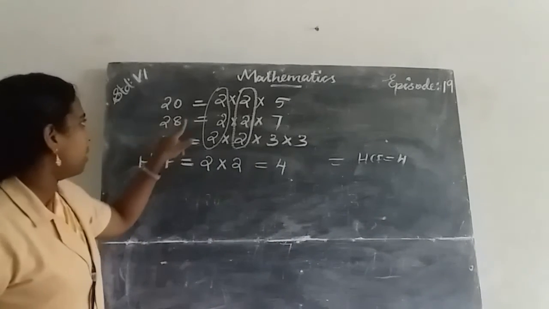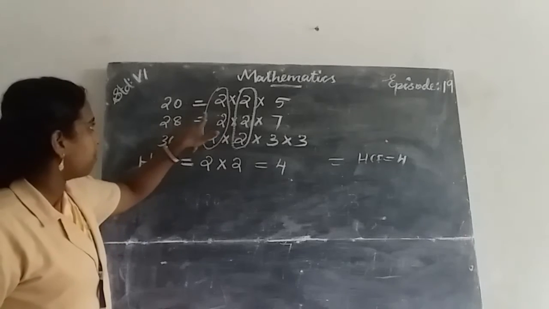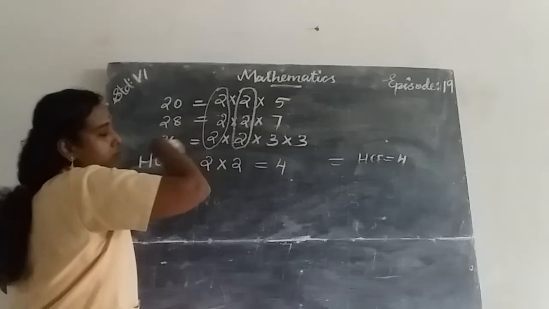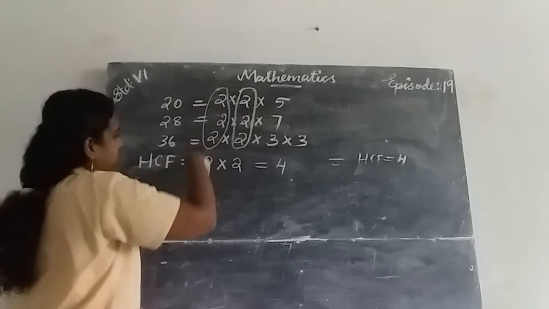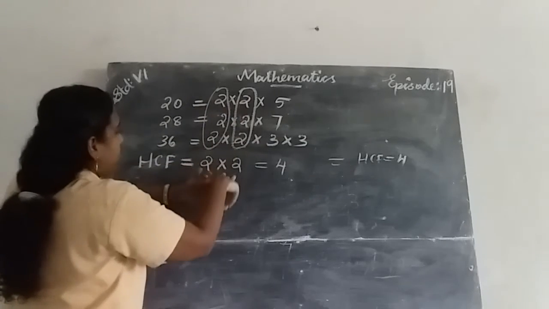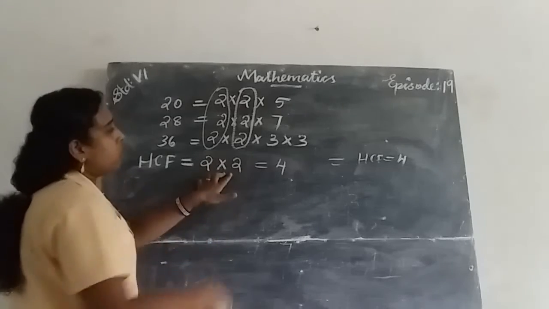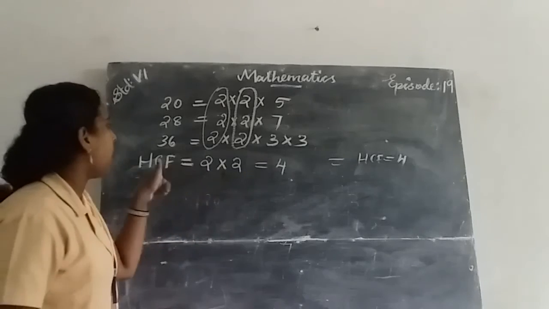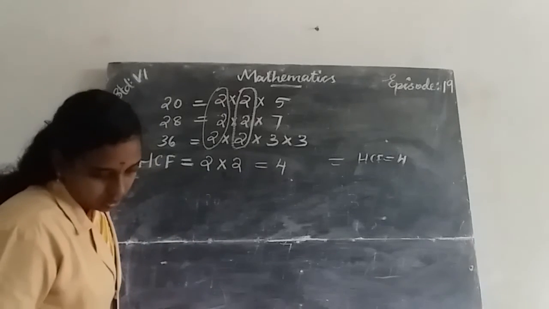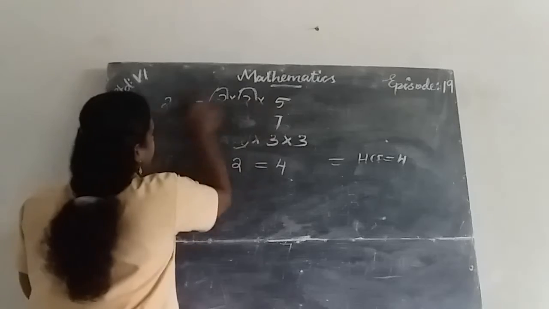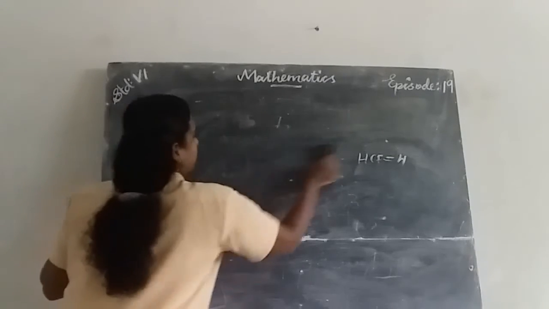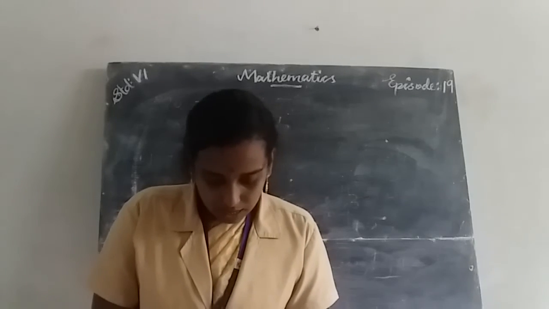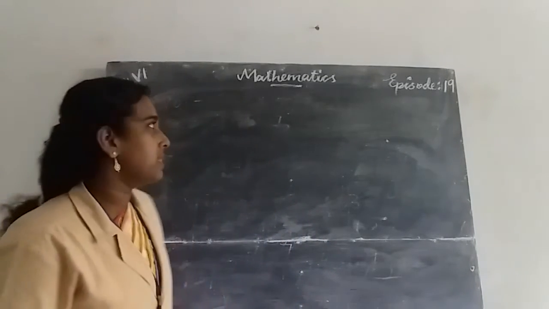So by the division method we find the prime factorization of the three numbers. From that we find the common factors that are repeated. So 2 is repeated two times. Then we take the first 2, which is also common. Then again 2 is a common factor. Then we take the product of the common factors. Okay. Now 2 into 2 we get 4. 4 is the highest common factor. Then we move to exercise 3.6.